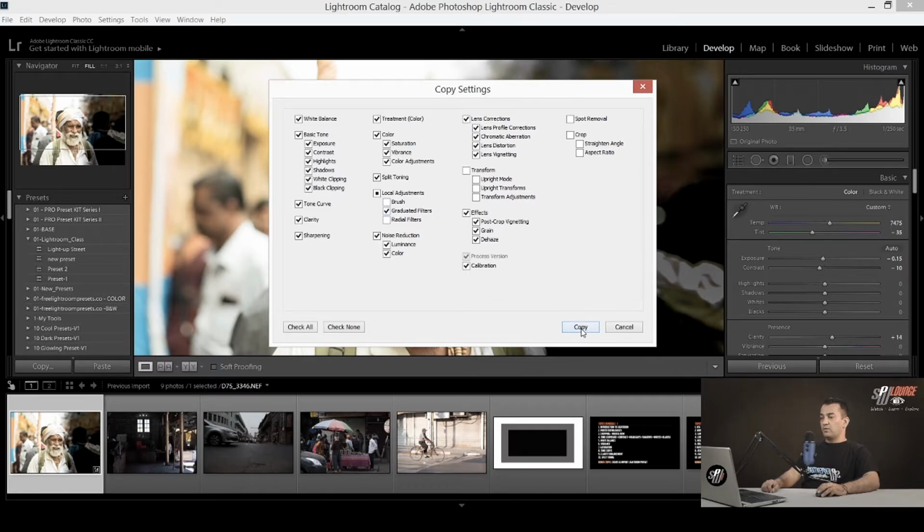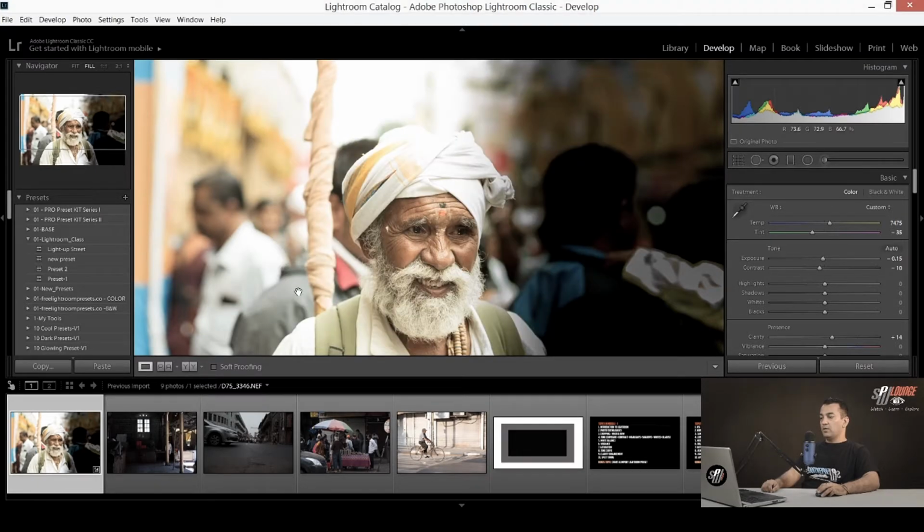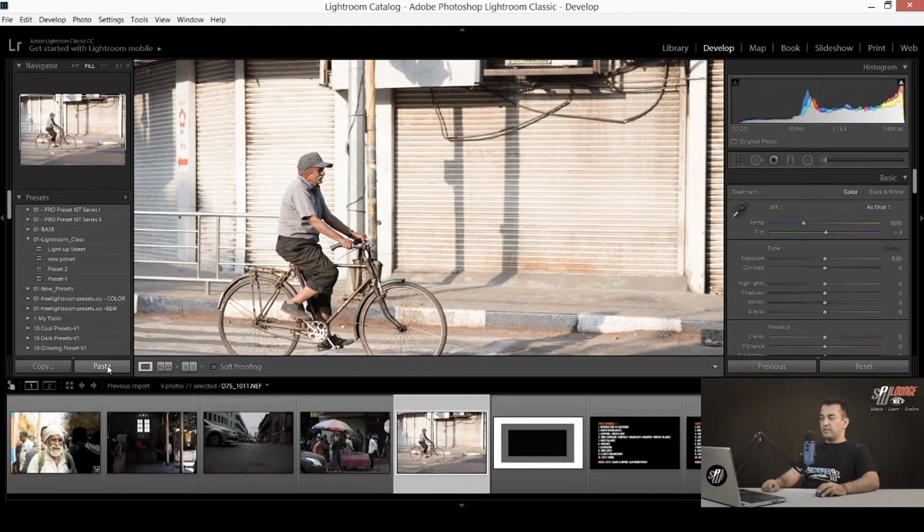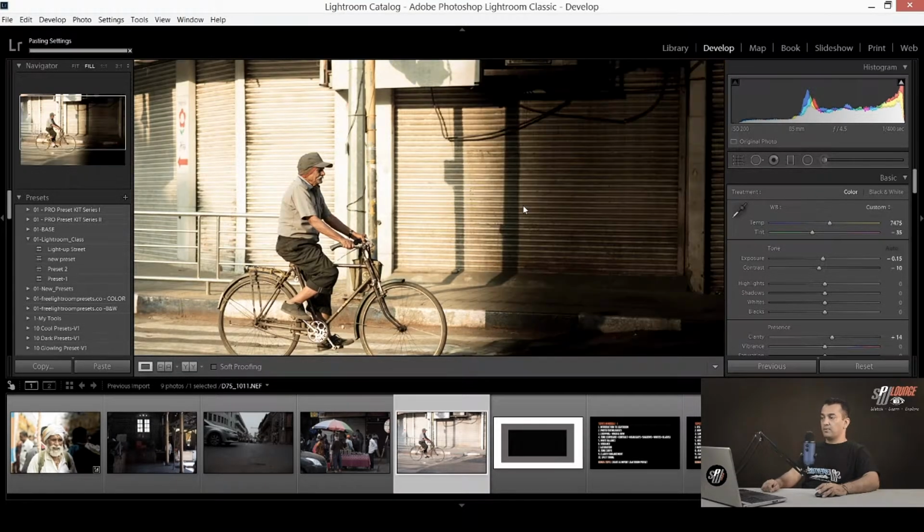If I click on the copy button, the settings will be copied from the image. And there is one more similar contrast image I have. If I paste the settings here, you can see the settings applied already. So that's how you can save your effort, by copying the settings from a similar contrast or similar frame to another image.